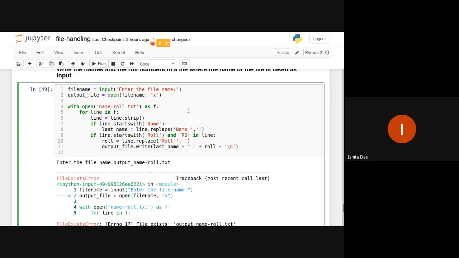So, sir, if this was a user-given program, and we have to make new files every time for different classes. Suppose for the physics department we are making the list of research scholars, and then for earth sciences we are making another list of research scholars. Then the create function will be more helpful than the write function, because otherwise it will be overwriting the existing file.